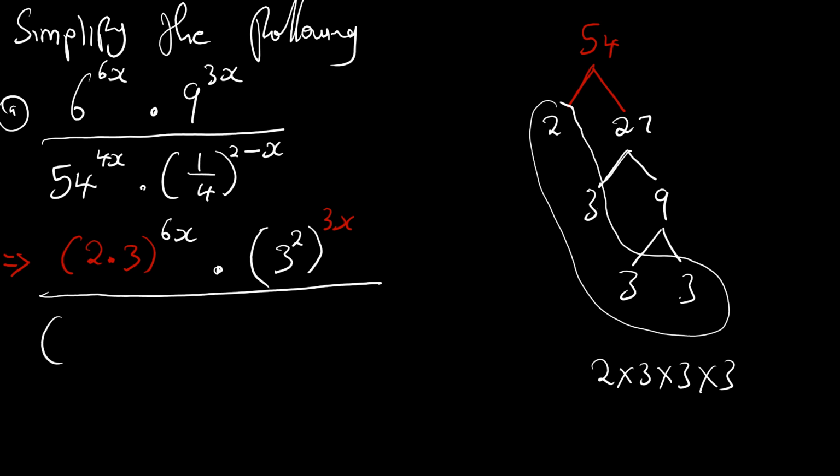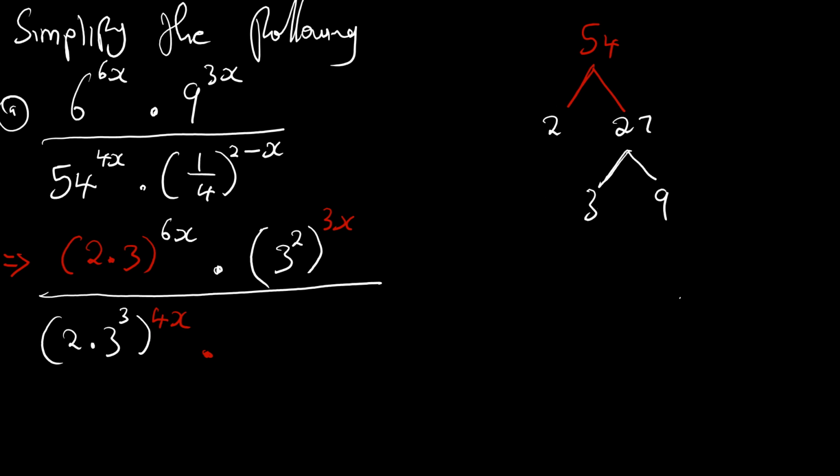We'll write it as 2 multiplied by 3, where 3 is multiplying 3 times, so 3 to the exponent of 3. This is the same as 54. It's a product of prime factors, because if you say 2 multiplied by 3 to the exponent of 3, it will still give you this 54. That's what I mean when we say we must write everything as the product of prime factors. So 54 to the exponent of 4x, multiplied by, again, 1 over